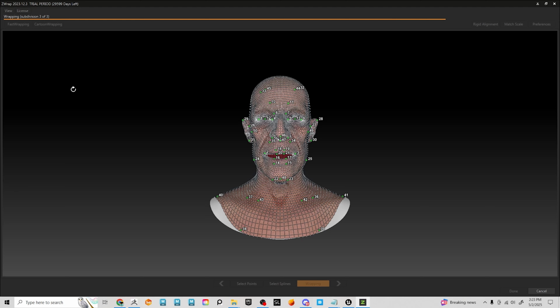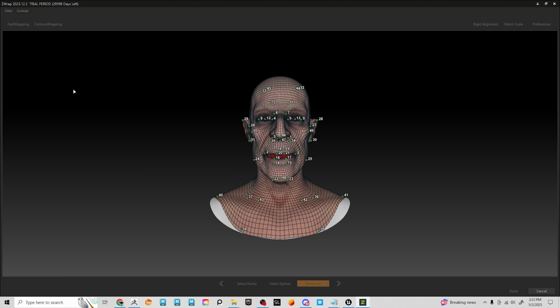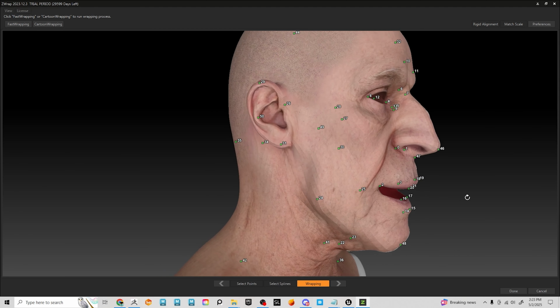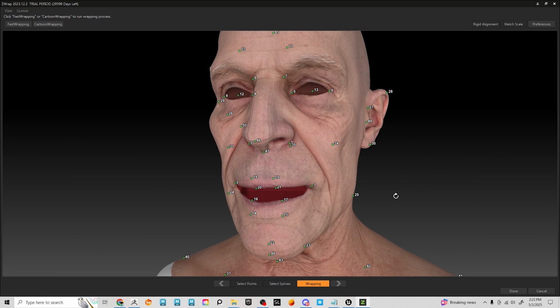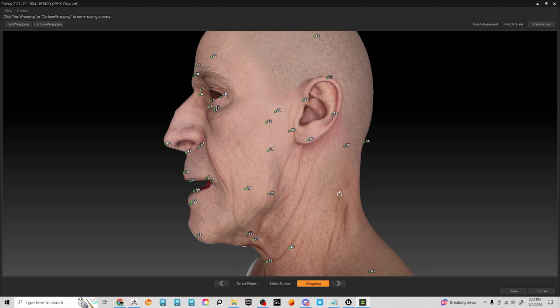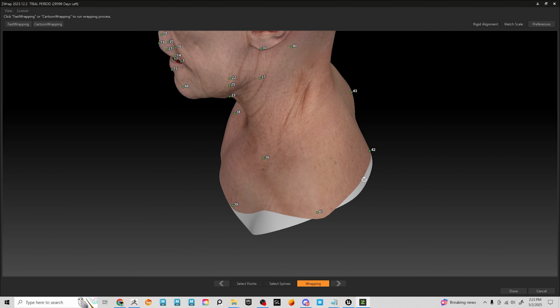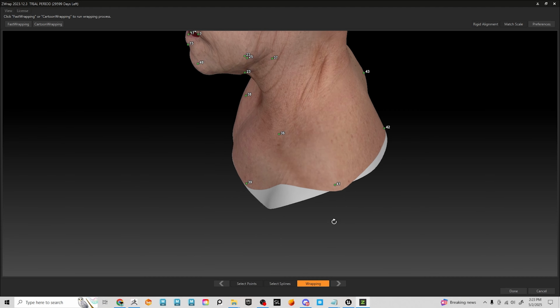And it's relatively fast as well. All right, wrapping finished. Let's see if we have any errors. I do not see any errors. Look how fast that was. That's incredible. Now, if I really wanted to, I could go back to the points and select them to get